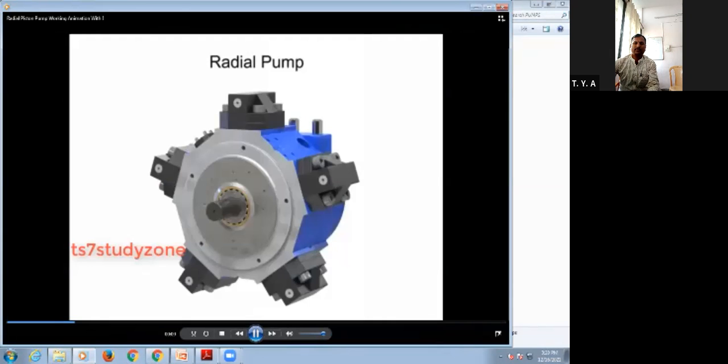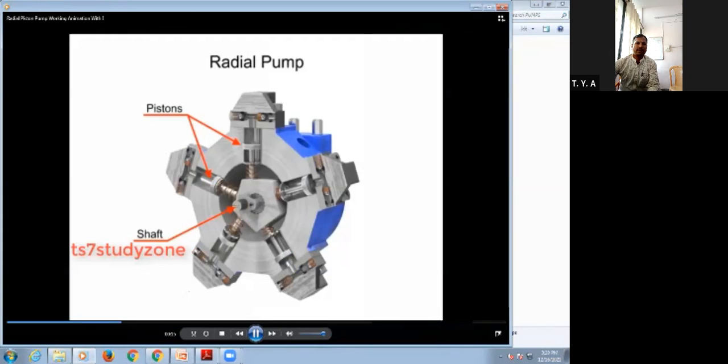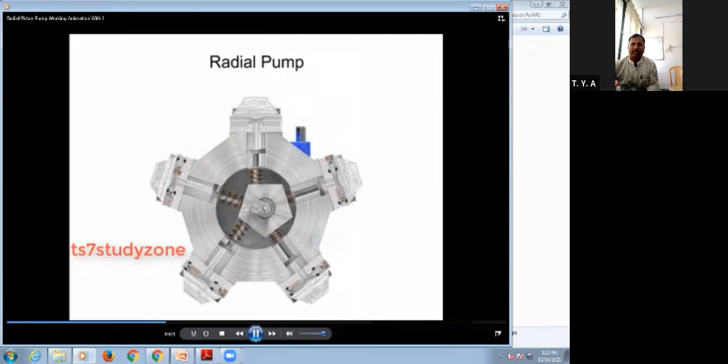Radial pumps are designed so the pistons stroke in a direction at right angles to the shaft. Whether video is clearly visible. Okay. The pistons are video arranged like wheel spokes around a cylinder block with an